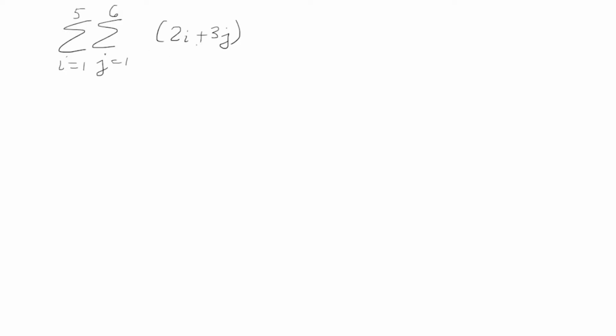So i here is going to be treated as a constant since j is our variable here. Whenever you have a sum of a constant, let's say from i equals 1 to n, this will be the constant times the total numbers from 1 through n, which is n. So this will be c times n. Now for this one, 2i is the constant, and how many numbers are between 1 and 6? Well, clearly there's 6 numbers, so it'll be 6 times 2i, and then plus